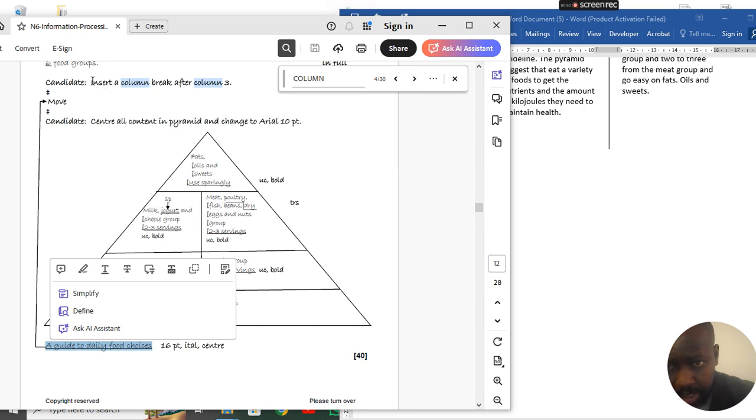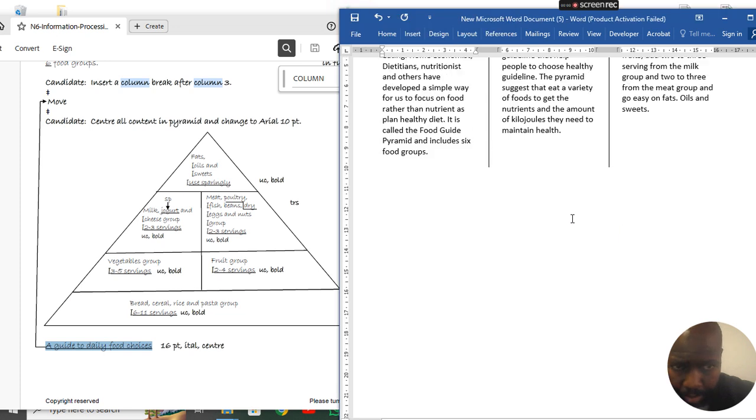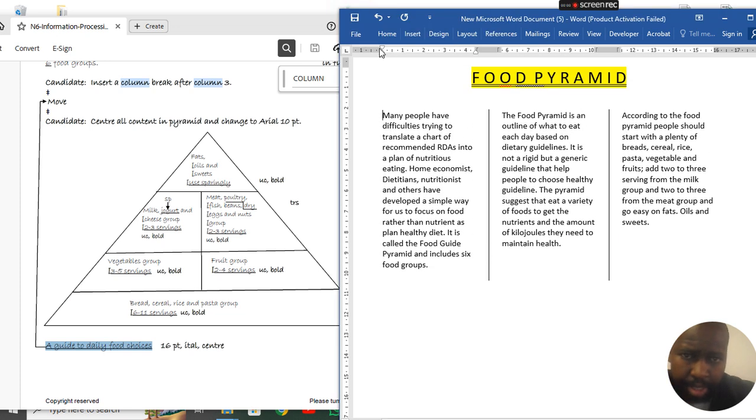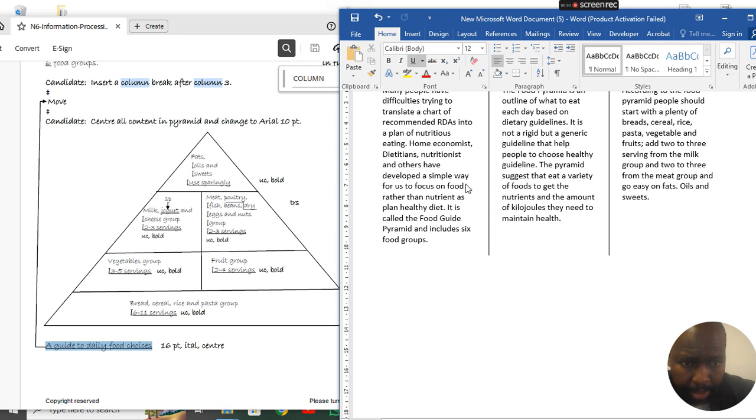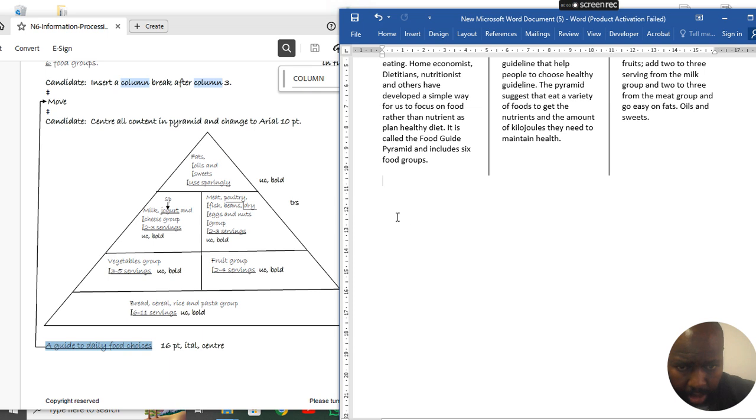So they say the candidate inserts a column break after column number 3. It's the part where I was saying section break. You saw I've put a section break. Let me show the section break here. So it breaks there, it's fine. Okay, and then after you put your column break there, you come to here, you double click maybe,